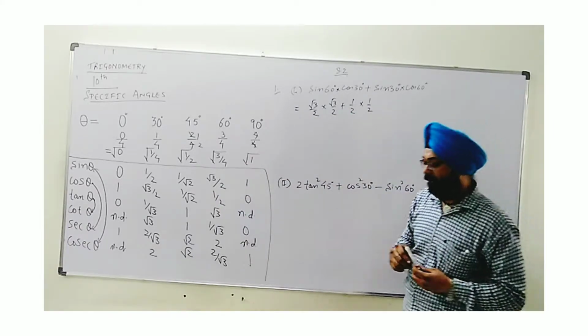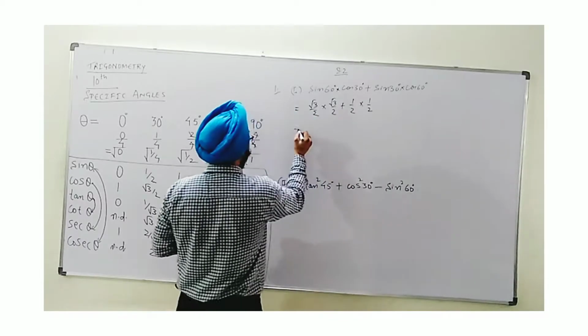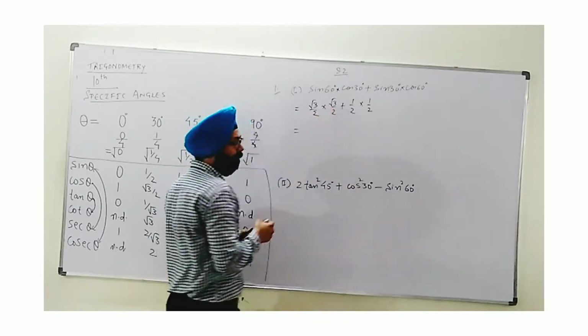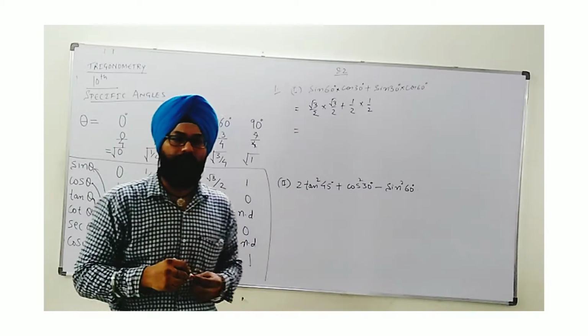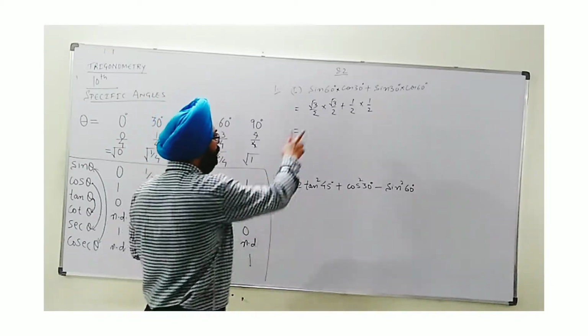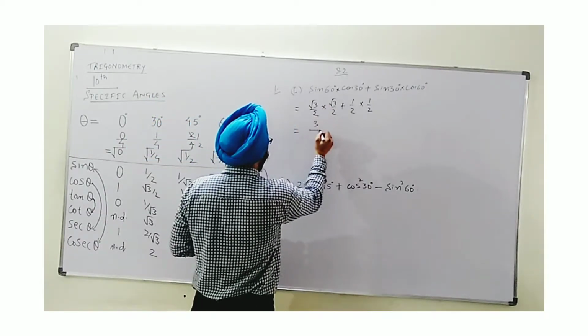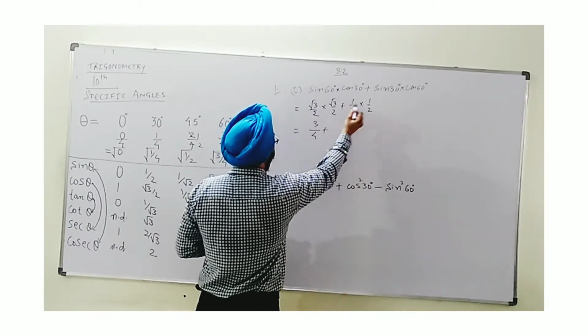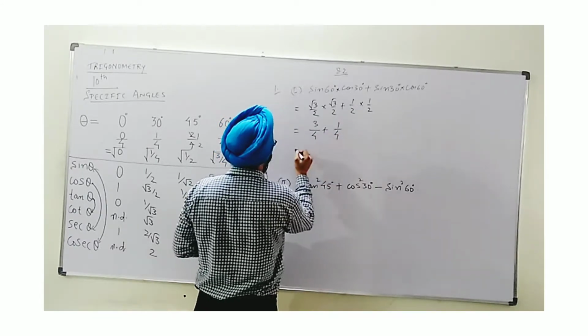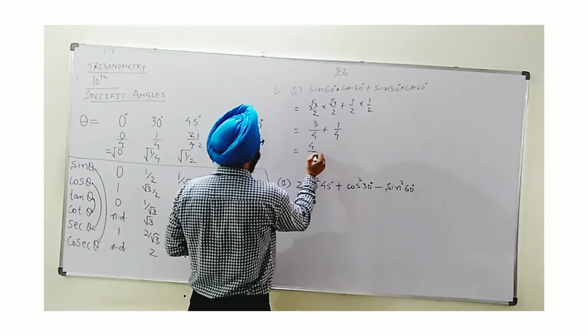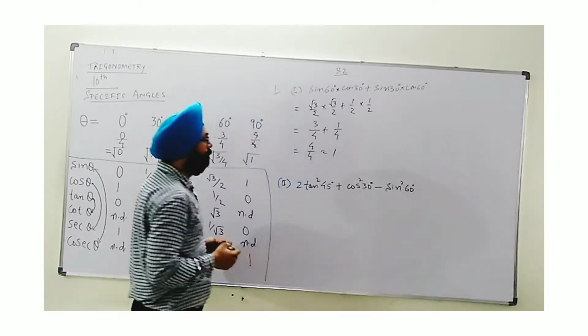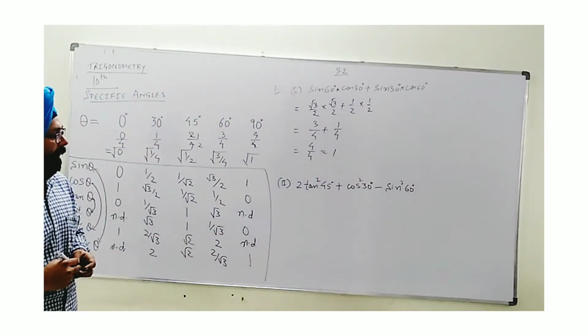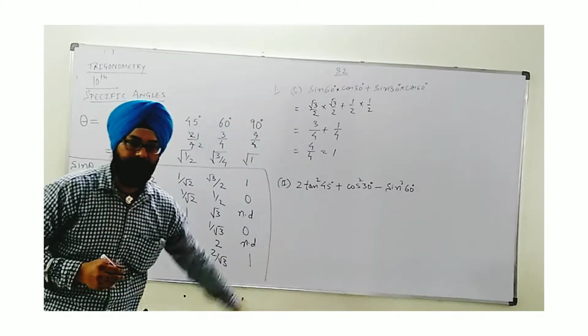The only thing which is left is calculation. That term must be correct. Then only we will be able to get the correct answer. Now root 3 into root 3. Keep in mind, root a into root a is always a. So root 3 multiplied to itself will become 3. 2 2s are 4. 1 into 1 is 1 and by 4. When you solve it, we get 4 by 4 as 1. Finally we get simplified. The evaluation we have done and it's 1.